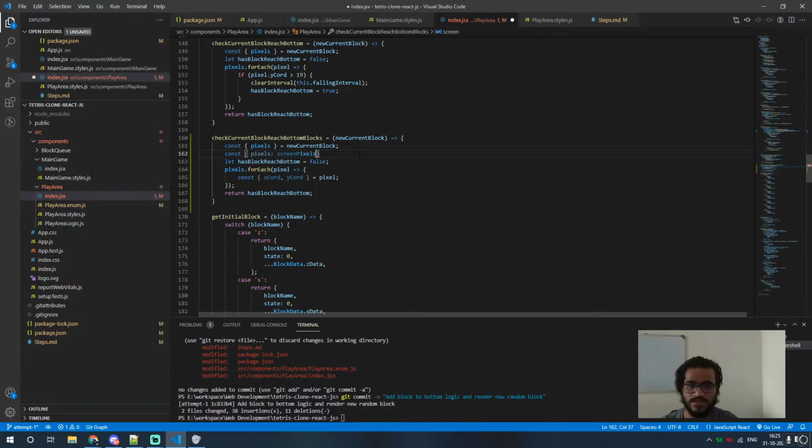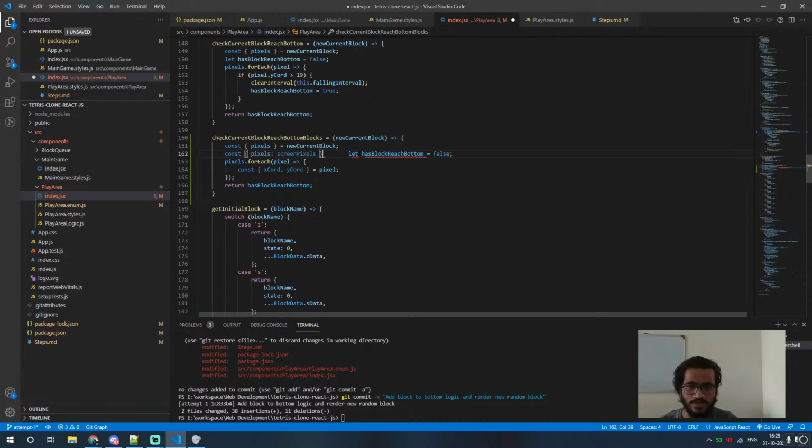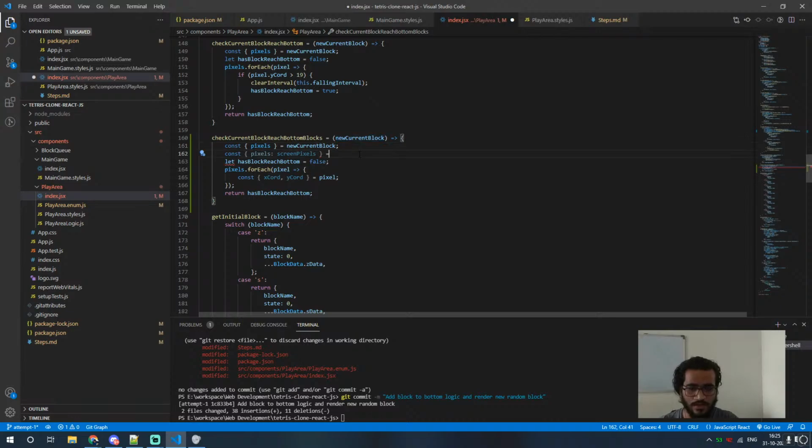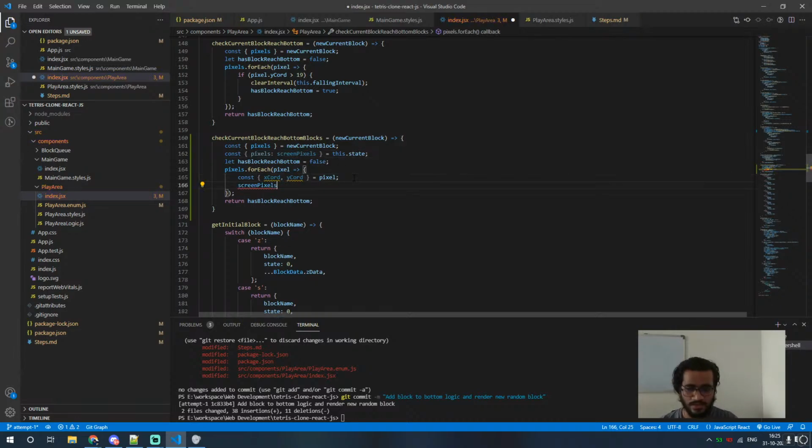I'll just name them screen pixels for now. This dot state, the screen pixel, it will go on the Y coord and the X coord